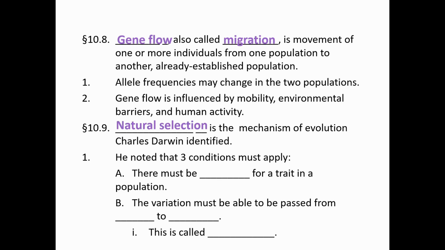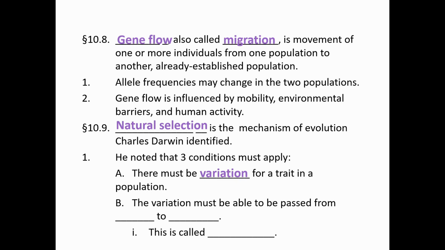And then the last thing that we're going to look at is natural selection, and this is where Charles Darwin comes in, right? Remember that evolution was not a new idea with Charles Darwin. His new idea, his contribution, was the mechanism, or one of the mechanisms behind it, being natural selection. And in order for natural selection to happen, he noted that you had to have these three particular conditions. You have to have variation. So basically, you cannot all be clones of each other.